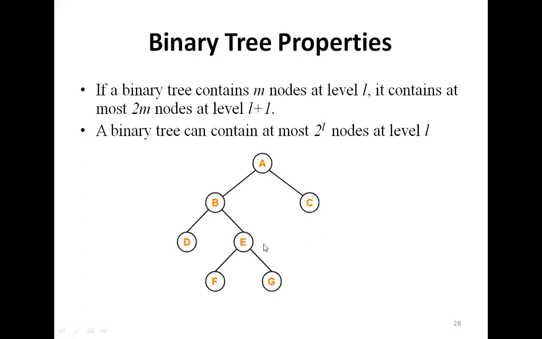At most how many nodes will this level contain? Four, because here we can have one child, and here also we can have one child. You see 2 nodes are there, and here we can have 2 other nodes. So a total of 4 nodes can be in this level 2. If level 2 can have 4 nodes, then at level 3, how many total nodes can we have? Double the total number of nodes here.